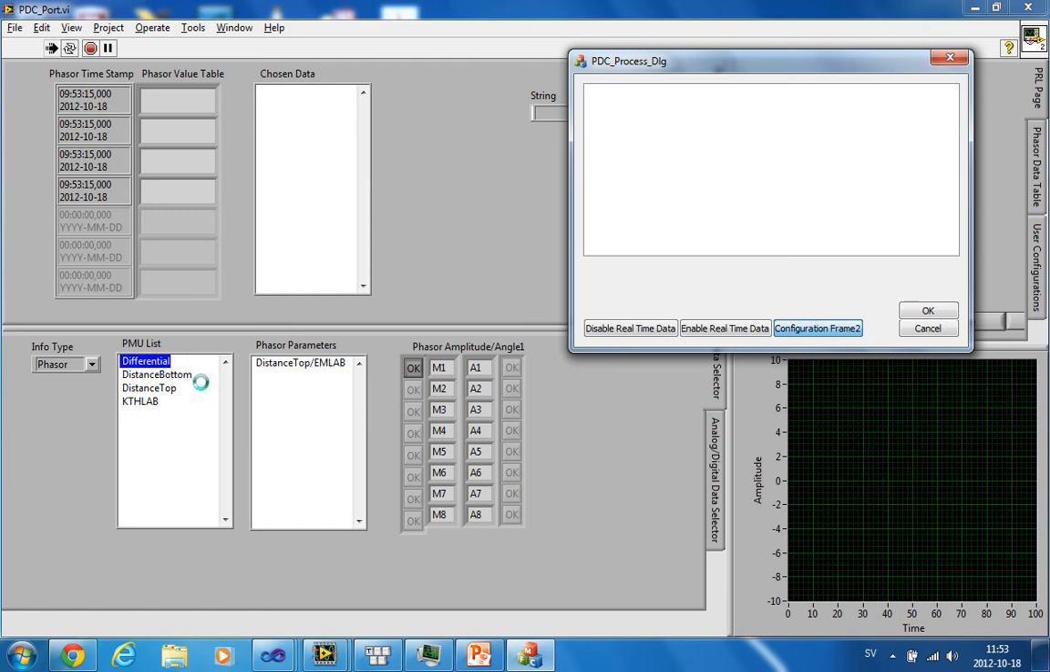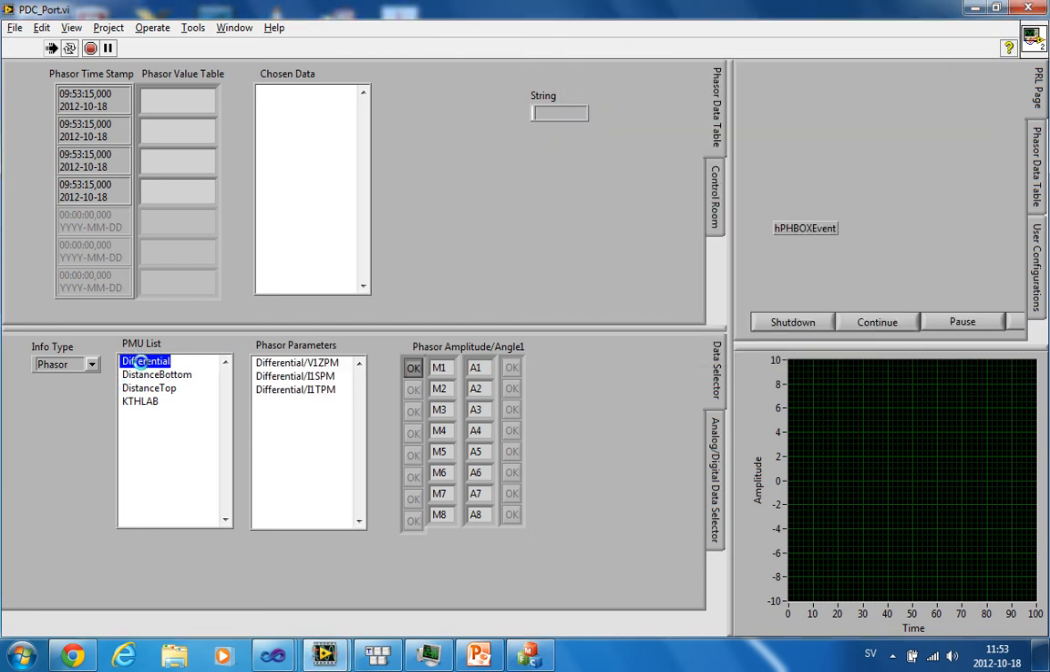Now the information has appeared in our LabView. This is coming in real time from the PDC server at KTH, and what we get first is the PMU list. If you double click, for example, on differential as one of the PMUs, it's going to give you the phasor parameters in this PMU. If you click on distance stop, it's going to give you the distance stop phasor parameters,